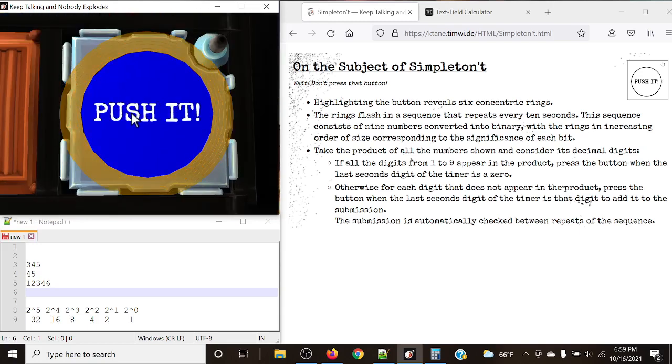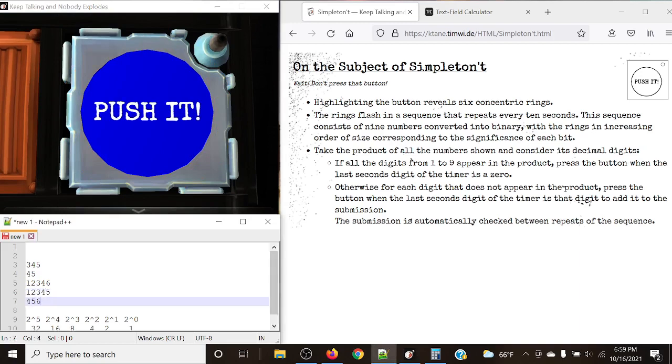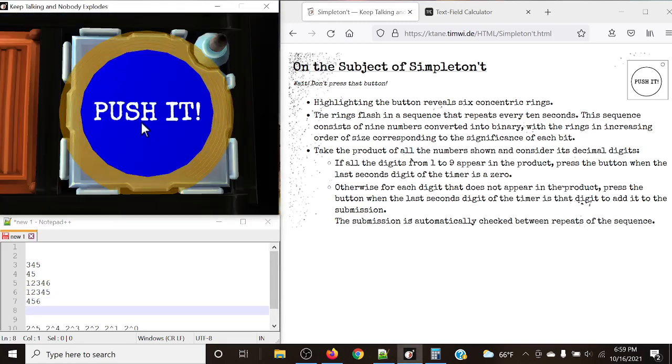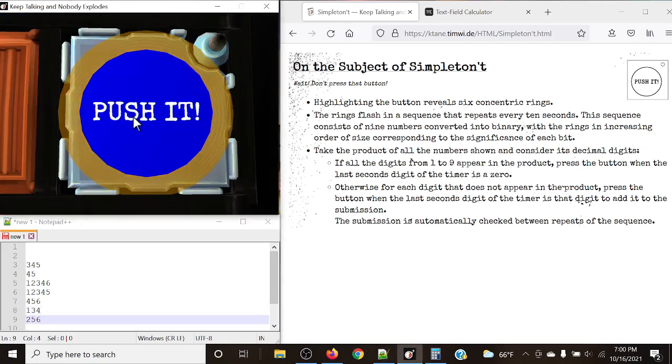Then 1, 2, 3, 4, 5, then 4, 5, 6. And after that, then 1, 3, 4, then 2, 5, 6. And the last few that we have here,